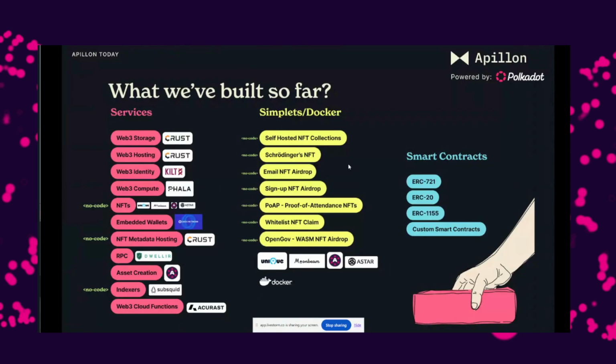The problem was that we were unable to deploy those Docker images into Web3 infrastructure, right? So the flow here would be, if you were interested in using such a Simplet with us, you would have to take it from our GitHub and configure and host it by yourself.